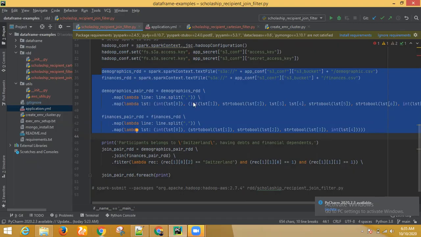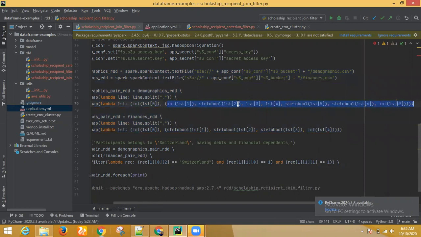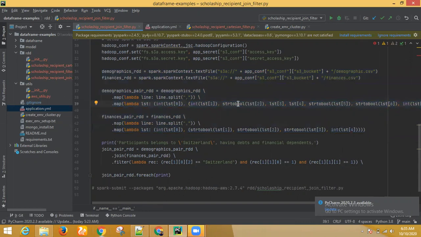You can clearly see them at line number 39. Apart from the student ID, all the rest of the attributes are mentioned here, and similarly for this part also.